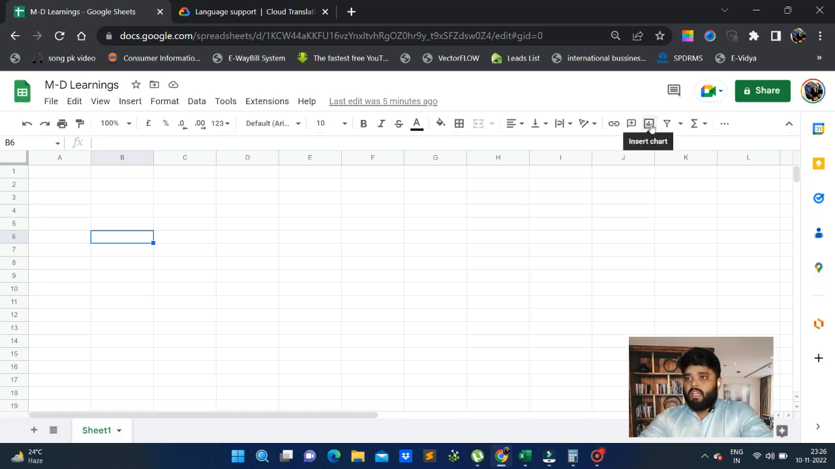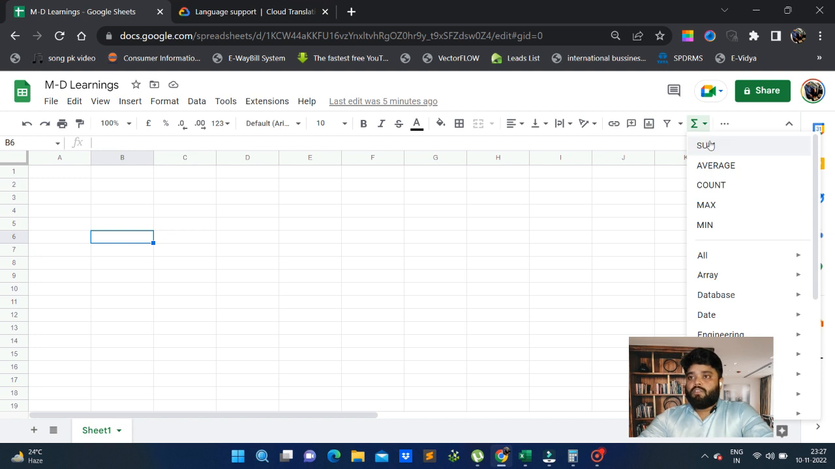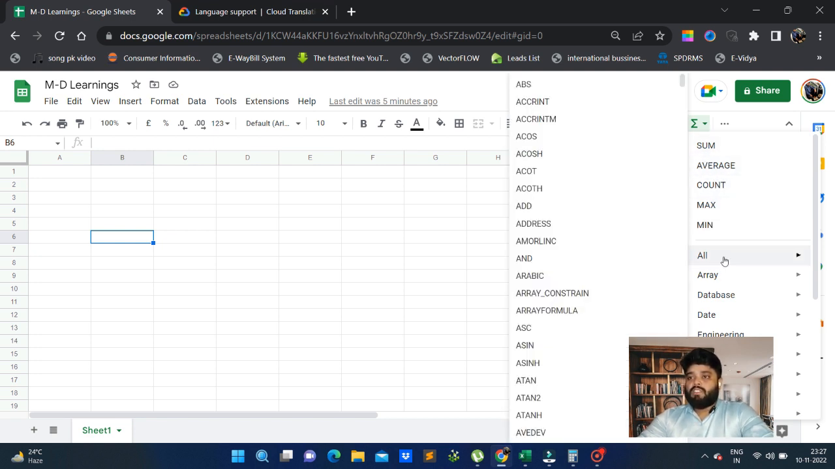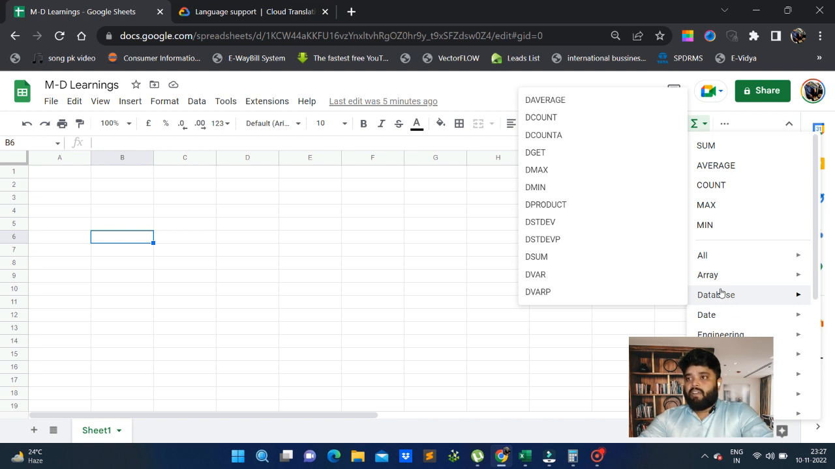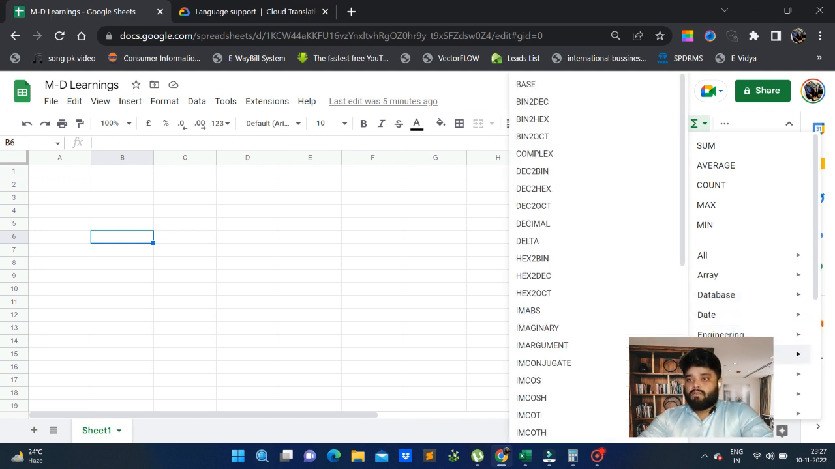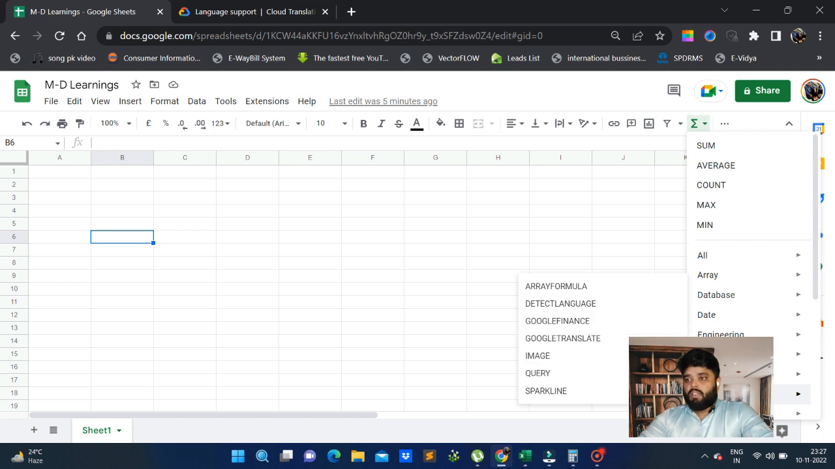Here you can see the chart option is there, and same like Google Docs, if you want to insert any link, you can do it easily from here. In this you can see calculation. If you give functions, so many functions are there: average, count, max, min, sum. And apart from that, there are Arabic, address, add, database, d average, d count. So filter options like Google